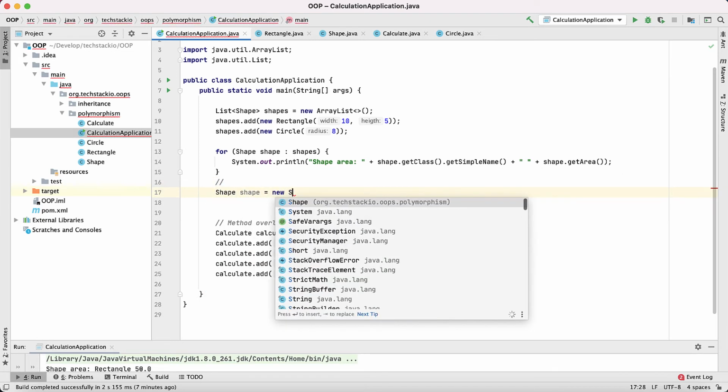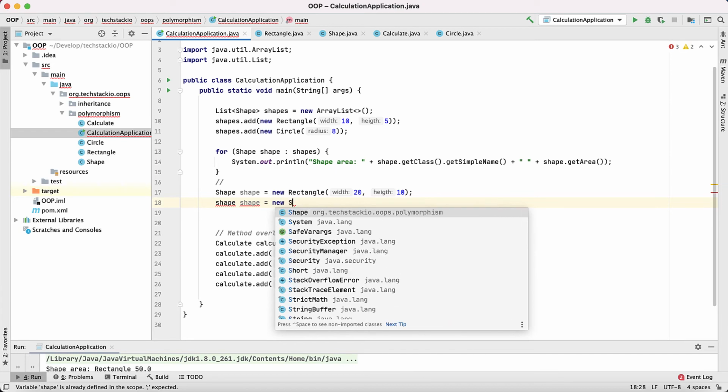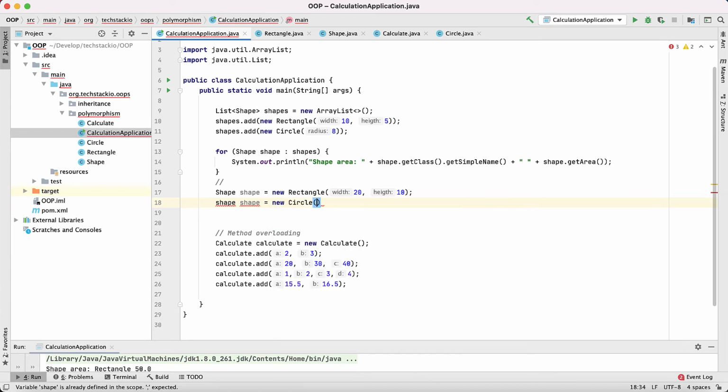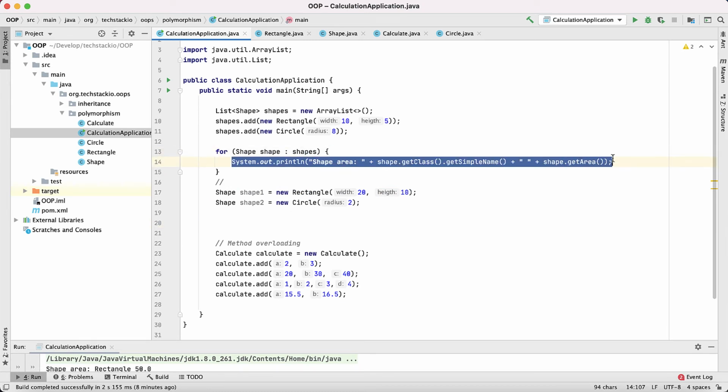Shape equal to new shape, and then shape dot... I'm sorry, let's have a rectangle here, 20 comma 10. So new circle. So we have shape1, shape2, and I'm going to use the same method to print.